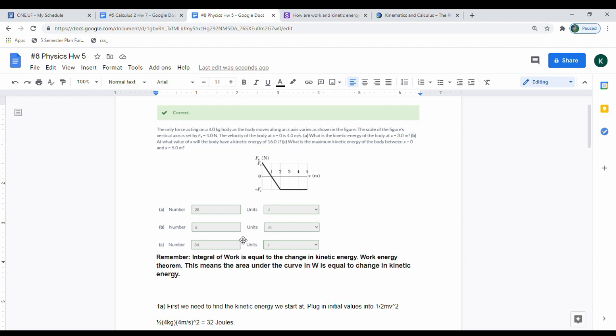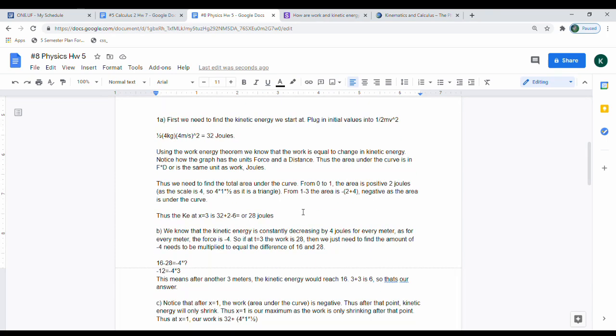For B, it's very similar. It's asking you at what point will it reach negative 16 for my case. And if you realize, after 2, it constantly decreases by 4 joules for every meter, because the area under the curve is 1 times 4. So then you just need to figure out how many times it needs to be subtracted by 4 to reach